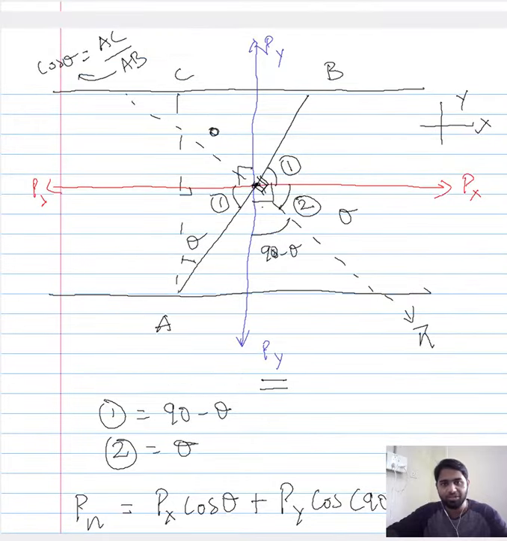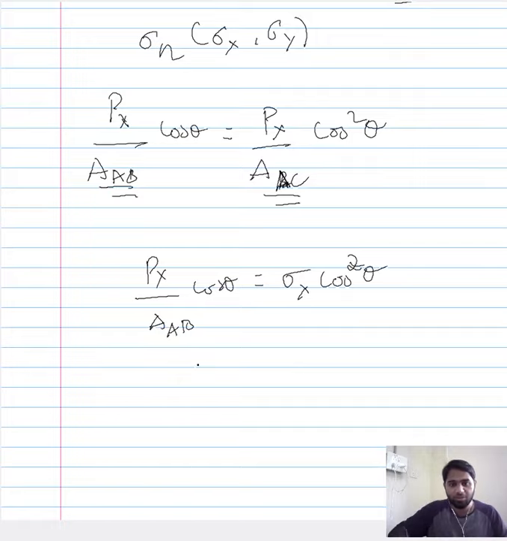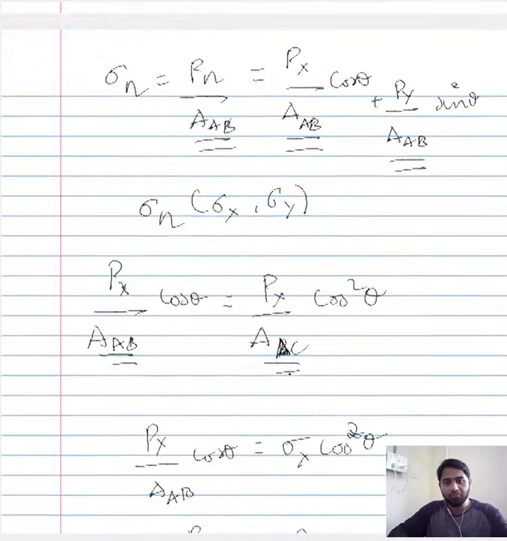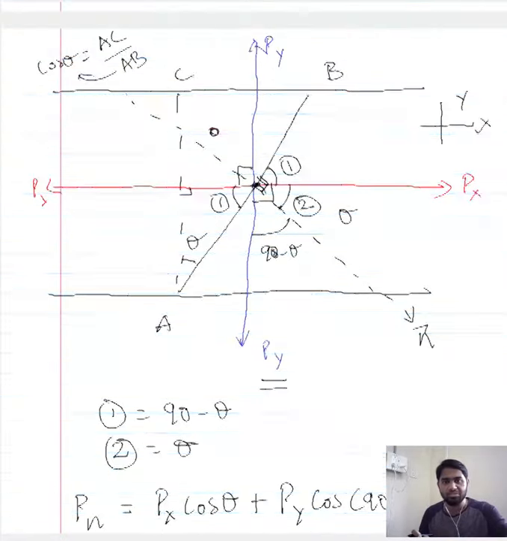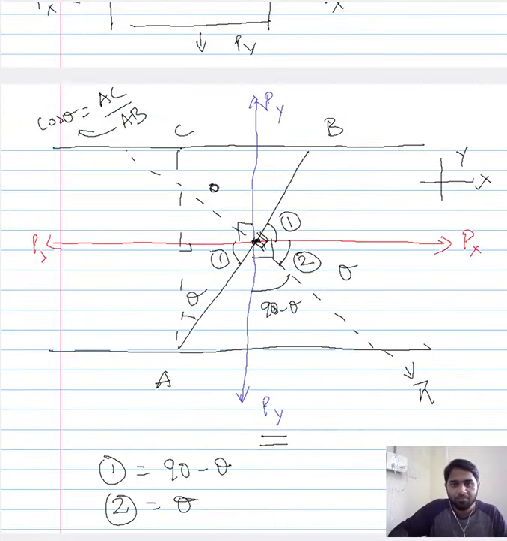Now we have the loading direction Py here, and we have to translate this Py to sigma y. In order to do that, we have to find an area that is perpendicular to the y direction. We want to express the Py in terms of sigma y. When you have an area that is perpendicular to the loading direction, the y direction, you can just divide and express it in terms of sigma y. This area is nothing but the region BC. Now for that you have to take the sin theta, and the sin theta will be nothing but BC by AB.